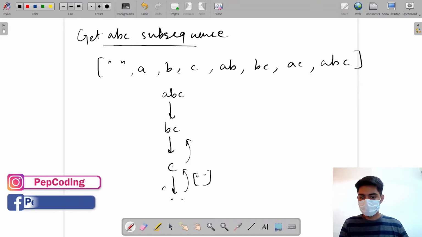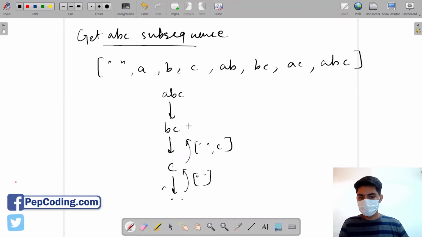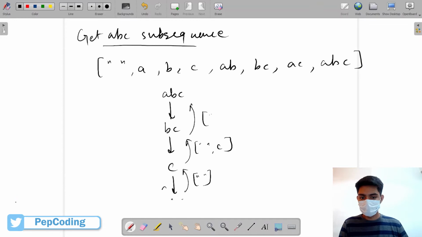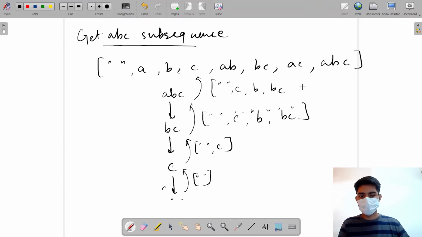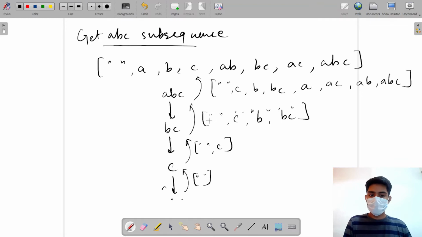And this would return with empty string and C. This would return with empty string, C and B and BC, right? And this would return this answer: C, B, B, C multiplied with A. So we had something like this. But now let's look at this from a different way.